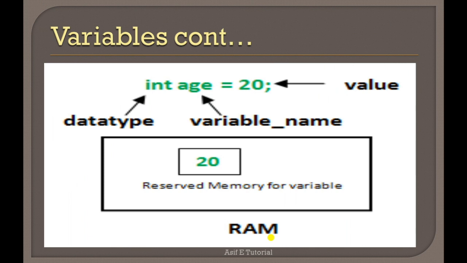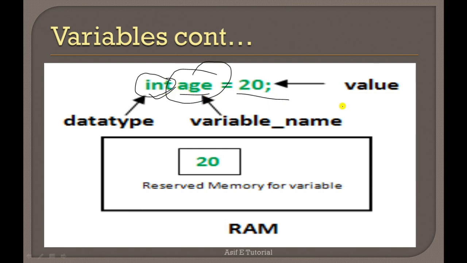Now let us understand the concept. Whenever we make any program, we need to give a name to a variable. So this is a variable, and with the variable we have to tell the compiler what the data type is. Here the data type is int. We will study these data types in the next slide. So here the data type is int and the value is 20.